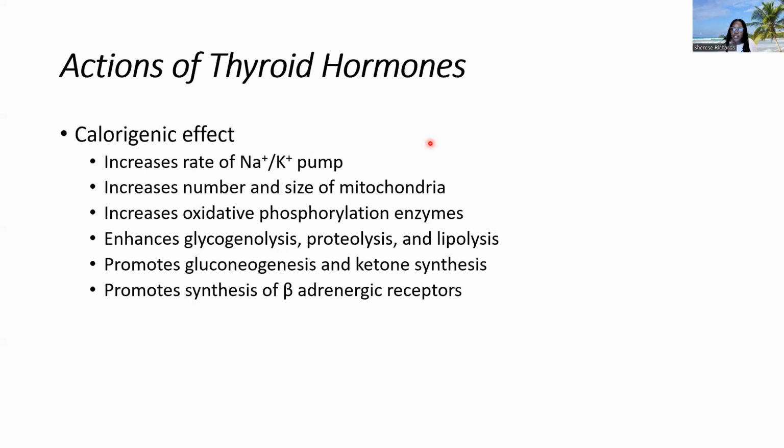So beta-adrenergic receptors are another way that we can increase metabolism, increase the metabolic rate by way of thyroid hormone. So if we look at all of these individual functions, and there are many more that aren't listed here, we can begin to see that this is a calorigenic effect, right? It's going to start increasing the way that we burn and utilize